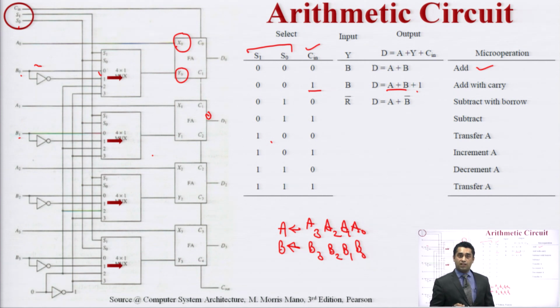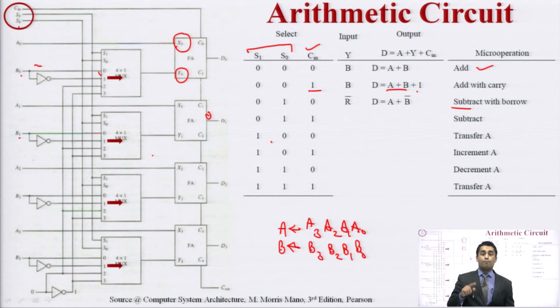So minus B means I am using a complement of B and adding it with A. It means we are doing a subtraction, but I am talking about a complement of a bit. So 0 0 0 0 is converted to 1 1 1 1. I am not taking a 2's complement. So here when the carry in is 0 as mentioned here, the subtraction is happening but with borrow, because 1 is not added in the circuit.